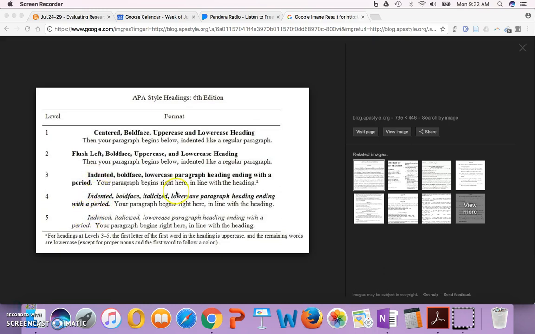Most people don't use 4th and 5th, but they are there as well for your use and for your knowledge. But anyway, I just wanted to make that clear as I reviewed some of your final proposals, that this is the official set of headings for APA style to use for future papers and so forth. And also one thing I wanted to mention, as a parting thought, is that with your final proposals and with any research that you do, and any research that you read, the researcher needs to be cautious in reporting their research.